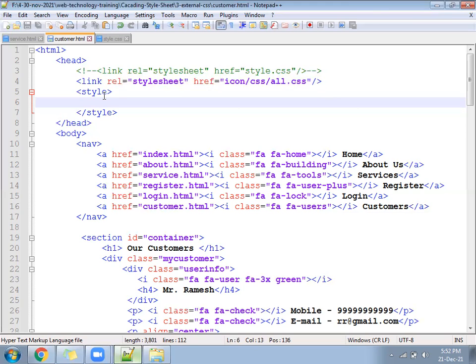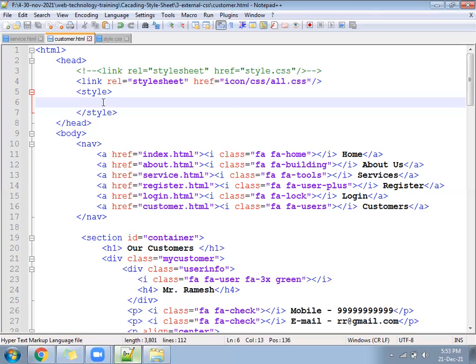Usually at this place, what do you do? You write the CSS only, no? ID and class we write and we use inside the current page. So instead of writing here, we said no, I have the file already. If I put the code here, the user can right click, view source, and get the code. But the CSS code is not available in this file. The CSS code is available in a different file. When to include? Not using the link method. If you use the link method, someone can download it, as I told you, without security. If you are not applying the permission, someone can download your file.